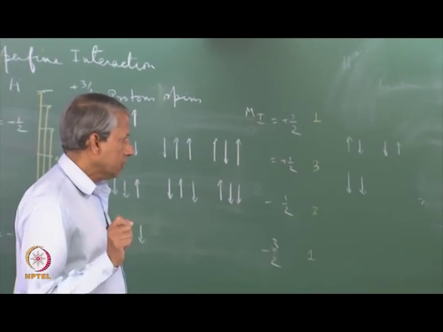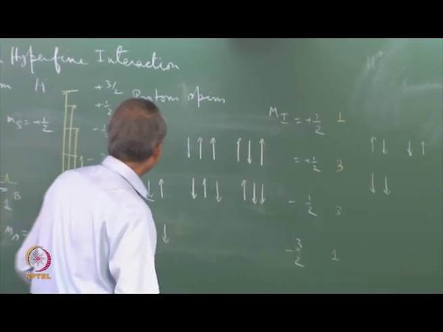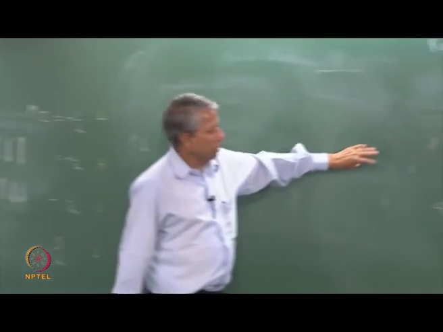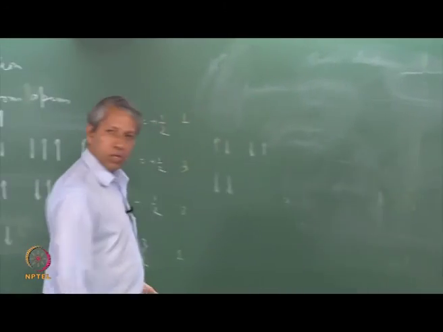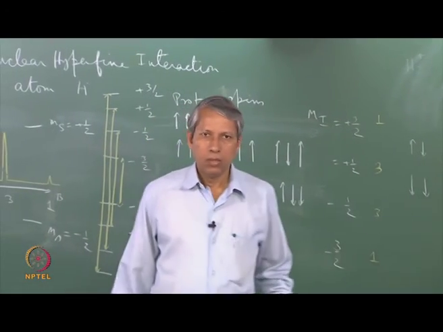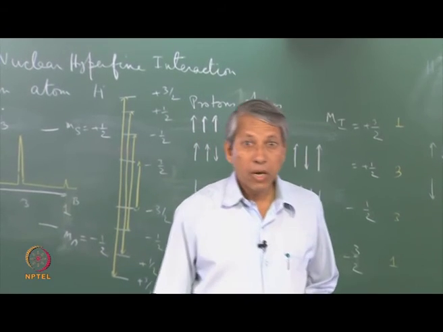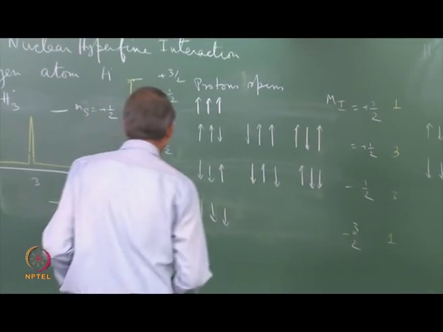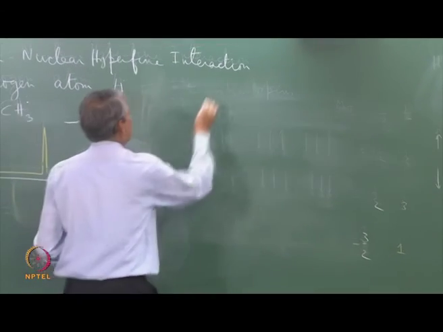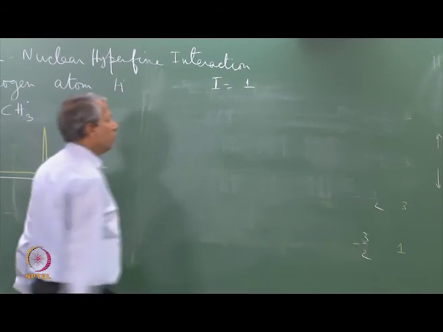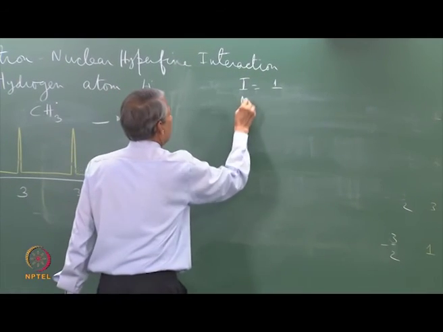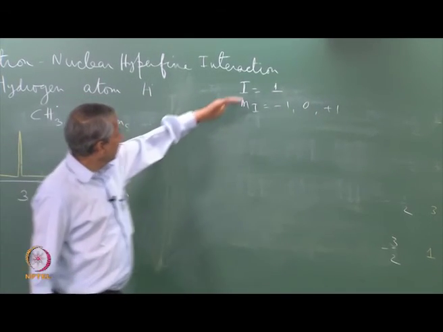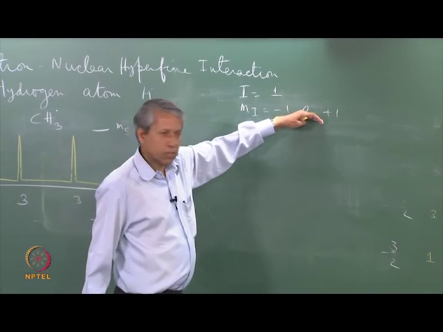So, before we close, we just take one more example which is somewhat different from spin half. This generalizes only for spin half nucleus. Suppose the nuclear spin is not half, it could be 1. Carbon 13 is spin half, but nitrogen 14 is spin 1. So, what happens if the nuclear spin is 1, then I equal to 1 and its component Mi will be -1, 0, +1. So, in a magnetic field this nucleus will also orient in 3 possible directions,